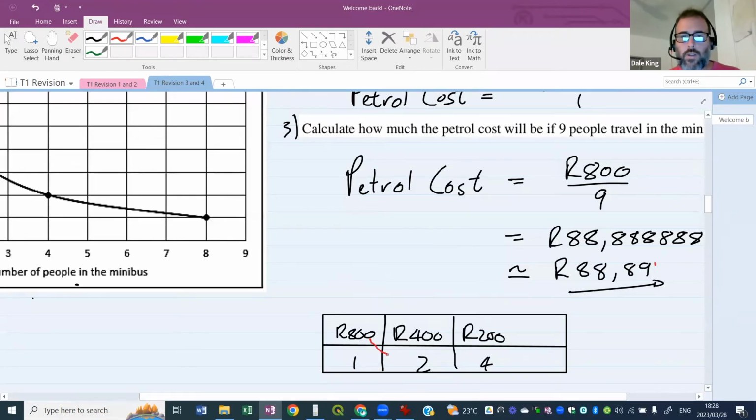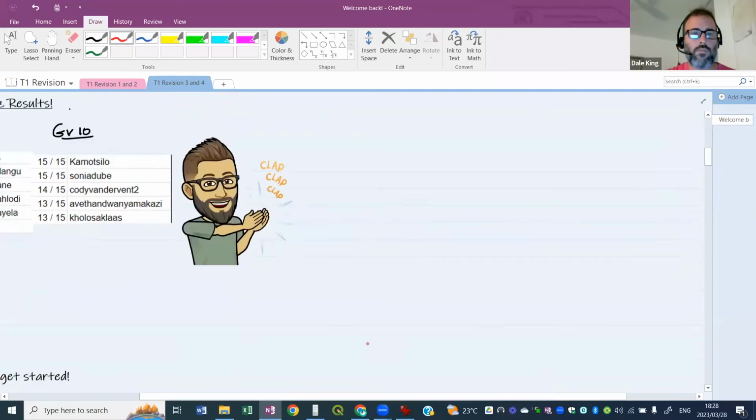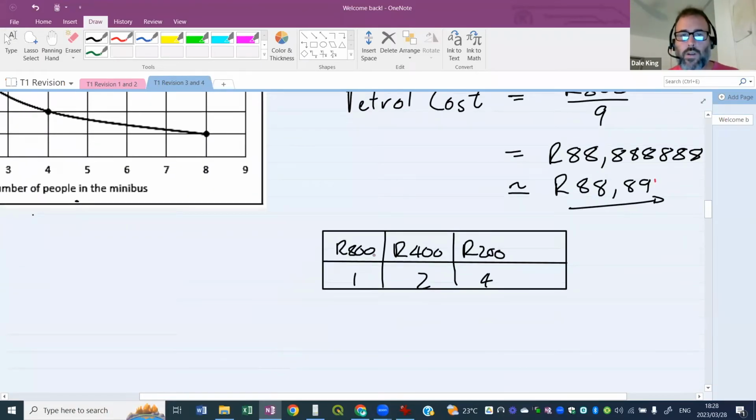So 800 divided by 2 gives us this 400 Rand value here. The 800 divided by 4, if I draw an arrow all the way across, 800 divided by 4 gives us this 200 over here. So we're trying to find a pattern in the values that they've presented us in the graph to help us